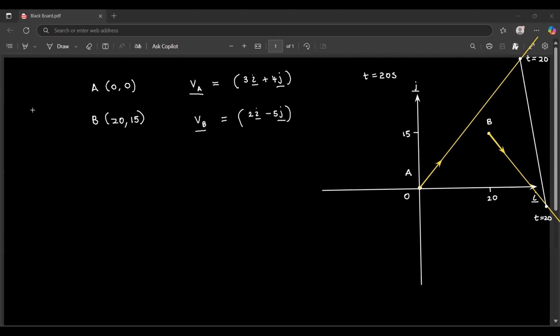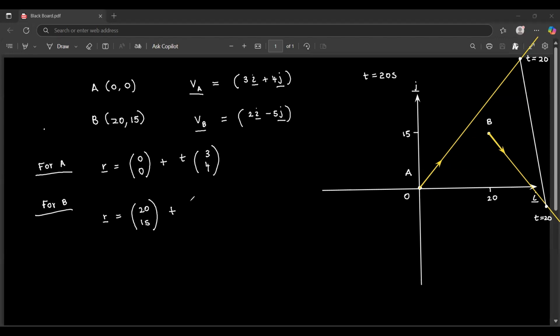So first of all, we will write the particle A's movement according to the vector equation. For A, the vector equation must look like r equals (0, 0) plus t times (3, 4). And for B, the equation must look like (20, 15) plus t times (2, -5). So when time is equal to 20,